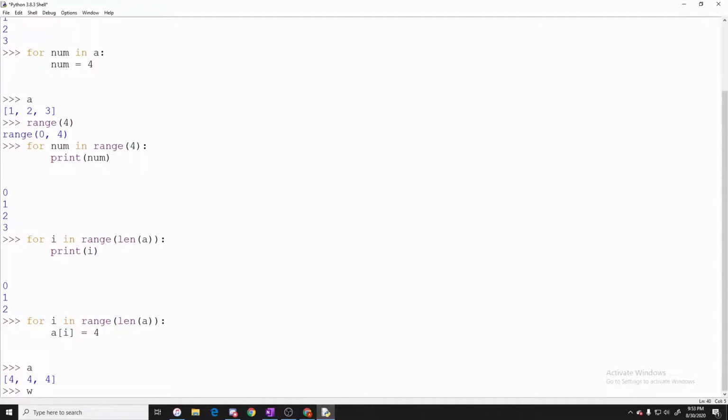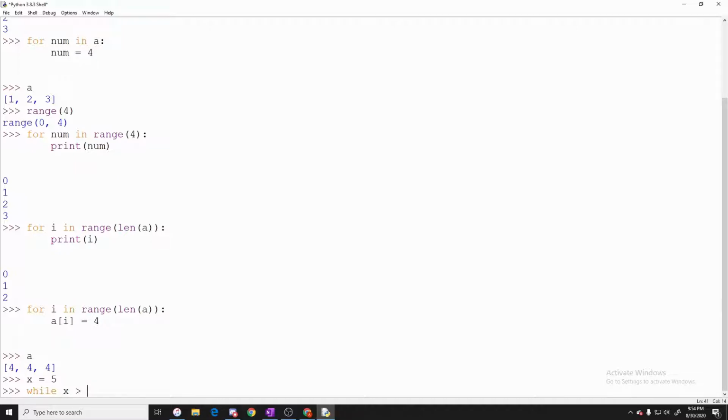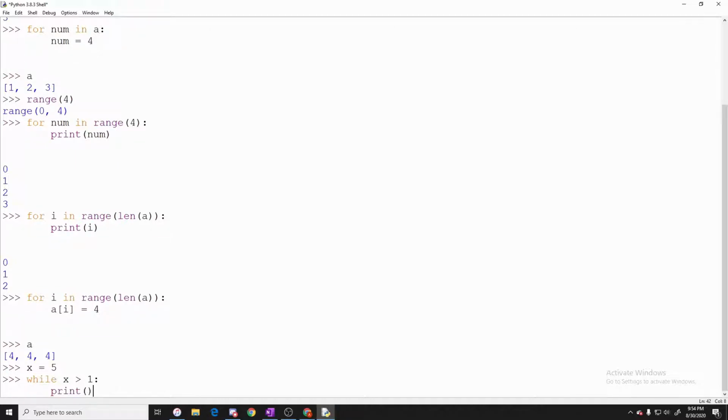Basically we're going to use the keyword while, and then we want to give it a condition. So something like this. And this loop will continue going on up until that condition no longer holds. We can write something like while x is greater than 1, let's just print x. And the key thing to note here is that we're actually going to need to keep track of what x is